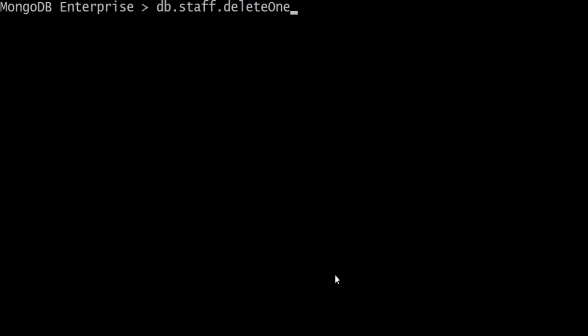Suppose I specify deleteMany, open and close, specify the semicolon, and set the filter. So you can set the filter here in curly brackets. For example, my filter is age colon 25. It means that those documents, those persons having an age of 25, the record is deleted from my collection.